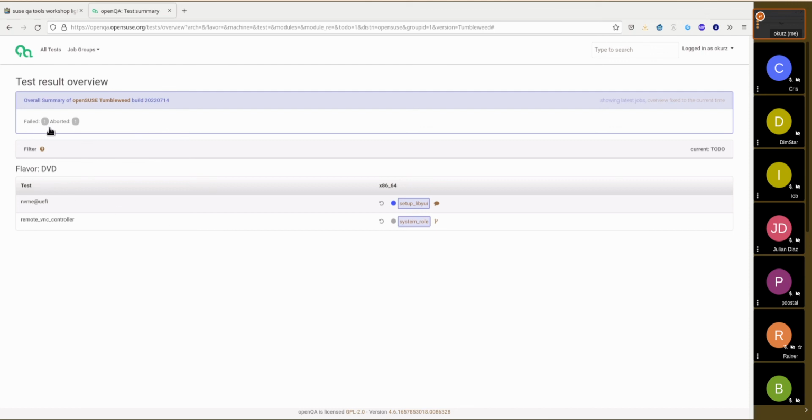So these are the two tests. We can actually zoom in here as well. So these are the two test cases that we have seen failing, NVMe and remote VNC controller. And we can go in here. Right, another possibility would be if you want to take a look at that job in particular, then we can